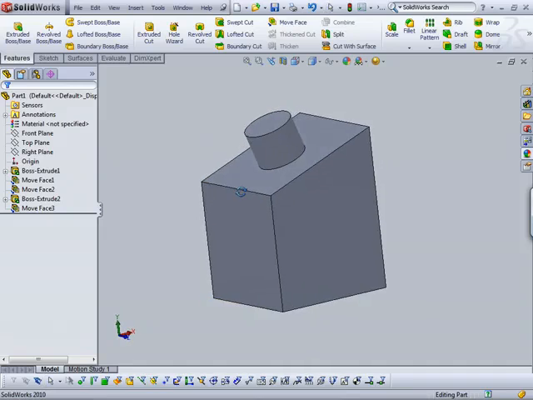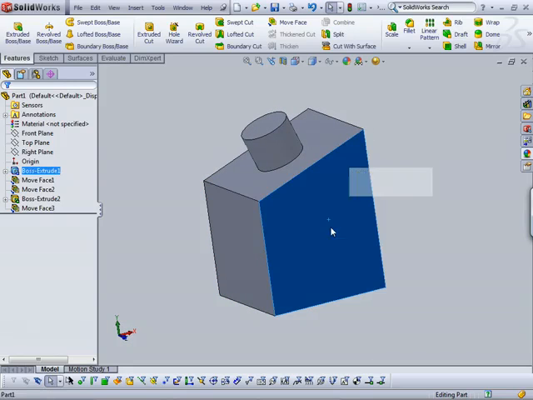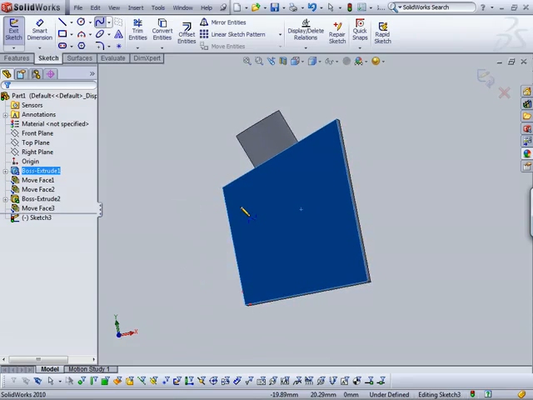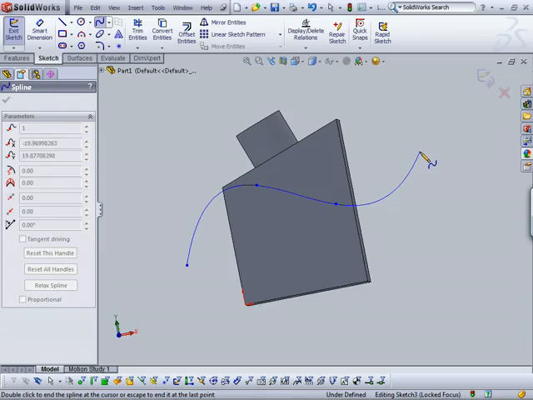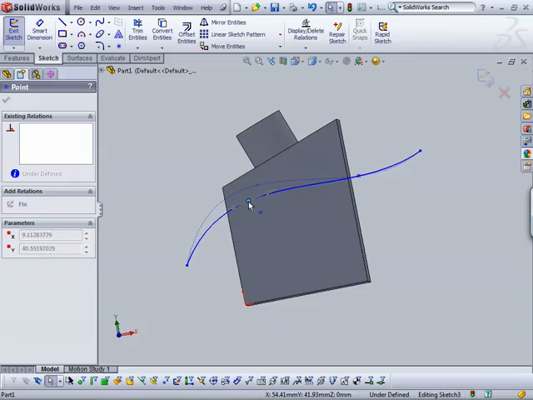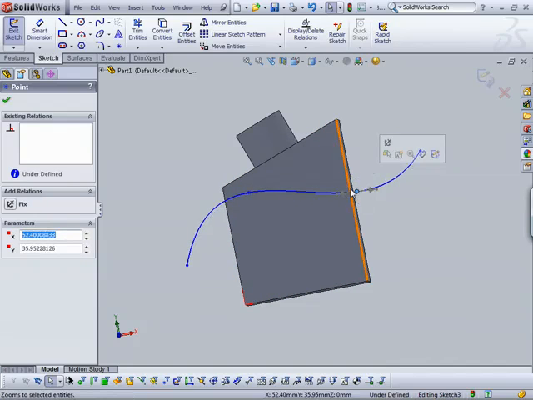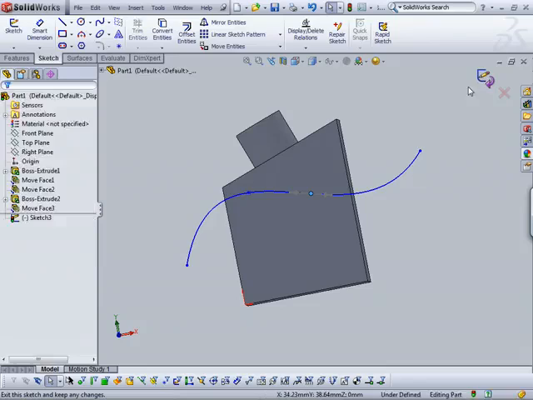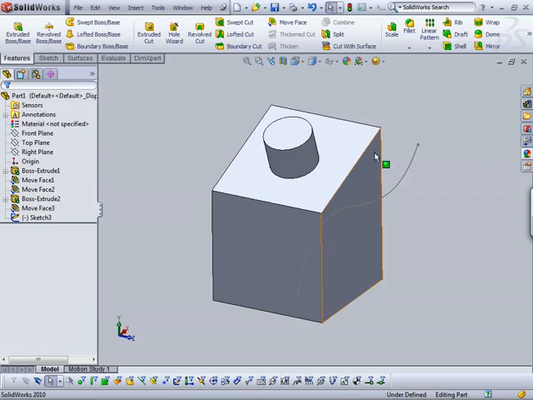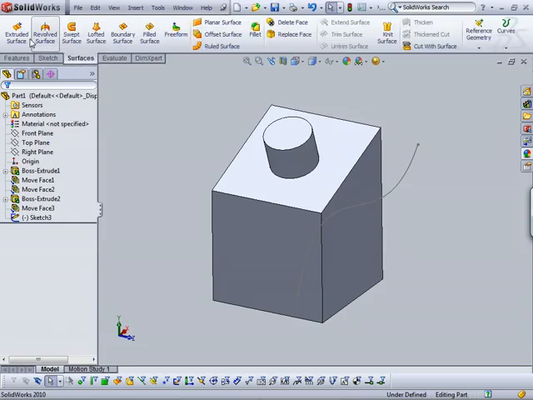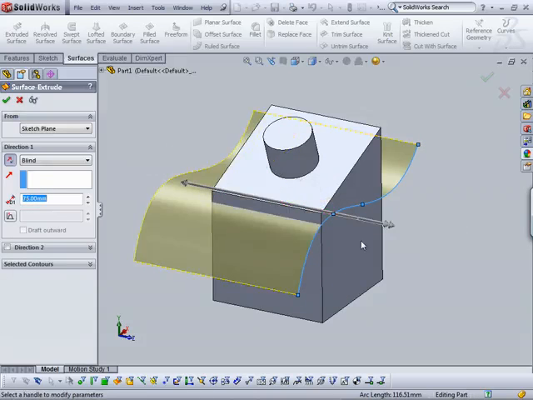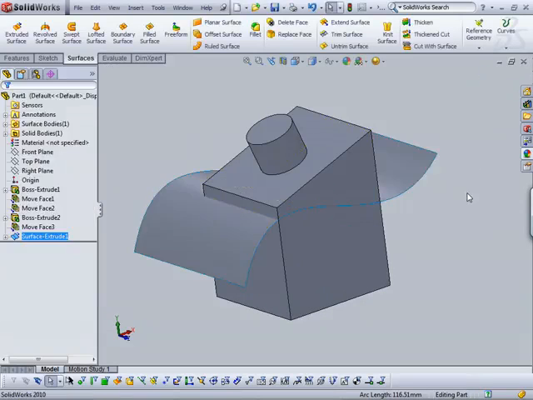But the point of today's lesson is to look a little bit more at surfacing. So let's draw on this face, and let's do a sketch of a spline. We'll do a through-point spline. Oops. Hit escape when we're done, and I can move the points along the spline by dragging to adjust exactly how I want them to be. I could dimension them if I wanted to and hit enter. And now I can extrude that open curve under the Surfaces tab right here. There's a surface extrude tool, and it's orange. And so I can drag this whichever way I want to, hit enter, and now I have this surface body